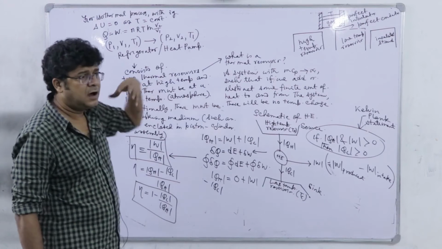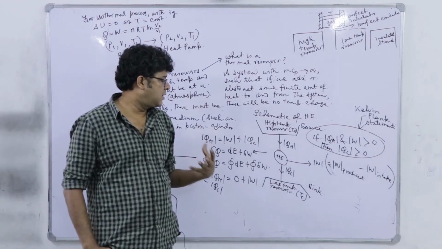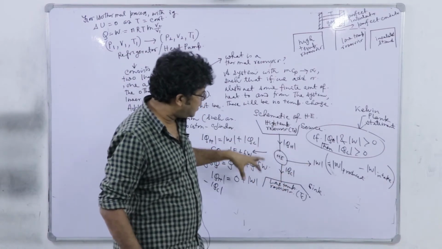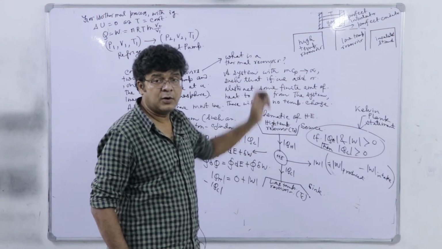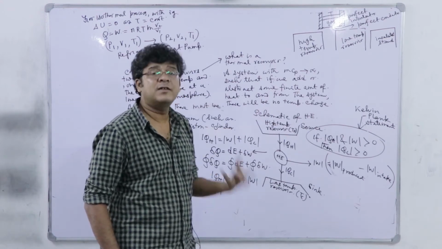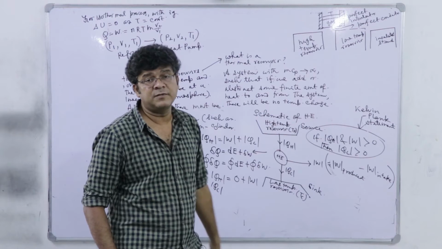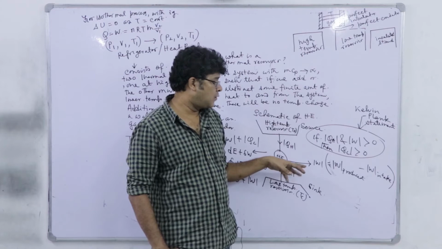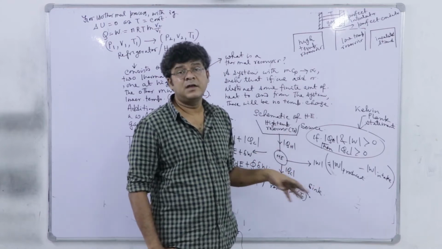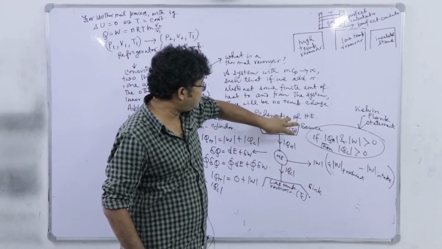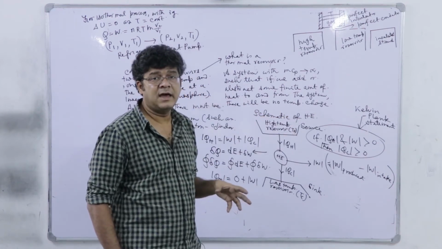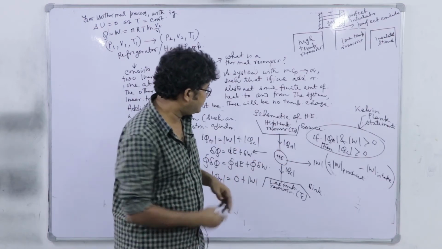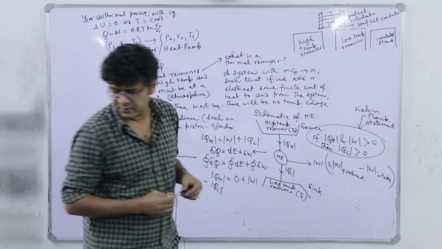In refrigerator, our objective is to keep a low temperature, the objective is at the expense of work we have to abstract heat from the low temperature reservoir, that is the objective. How much we are abstracting, based on that we will do some performance rating. Whereas in case of heat pump, our objective is to keep this high temperature reservoir at the elevated level, right. So there the objective will be how much heat we are delivering. So in refrigerator, you see